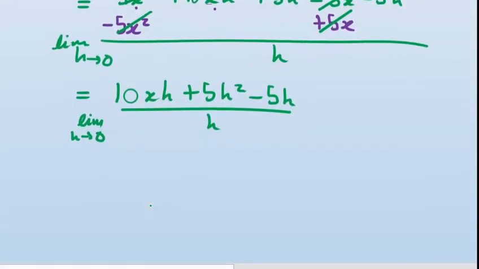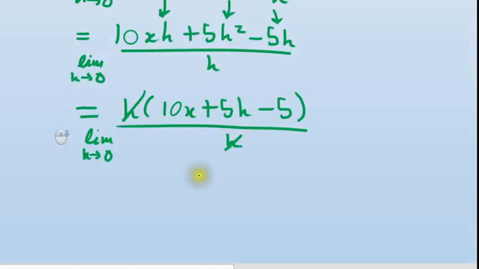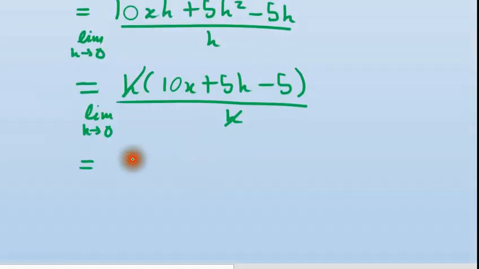You know what we do next? h is common, so we are going to have an h factorized, and we're going to have 10x plus 5h minus 5, divided by h. h may be cancelled, and now we come to the final moment where we know all skeletons come out of the water. So it's 10x plus 5 multiplied